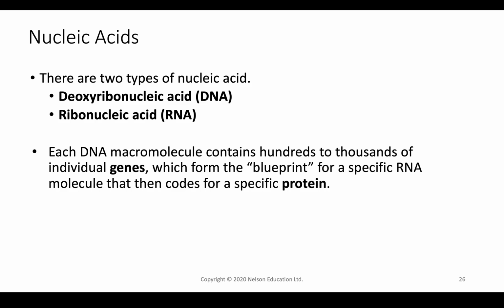So basically, we're going to have a really long scroll that has hundreds of thousands of individual genes on it, which are going to have a blueprint for an RNA molecule that codes for a specific protein. Let me give you an analogy that I like to work with. Okay, so we're going to talk about recipes for a second. All right, so if you were to figure that there are a ton of different recipes for, let's say, apple pie, right? Some people might put cinnamon in there, they might put nutmeg in there, they might use green apples or red apples, but they're all going to be making apple pie, right? But in the end, all the apple pies can be slightly different. Those are called variants,